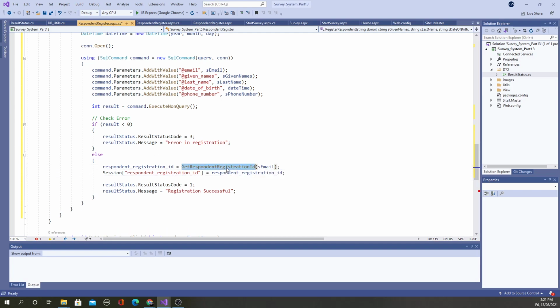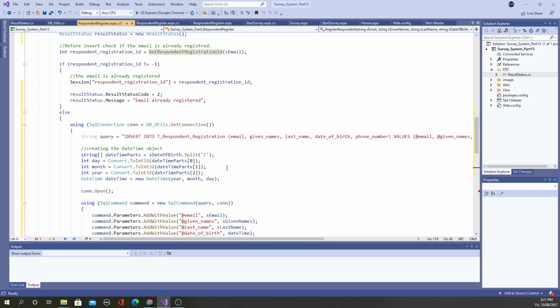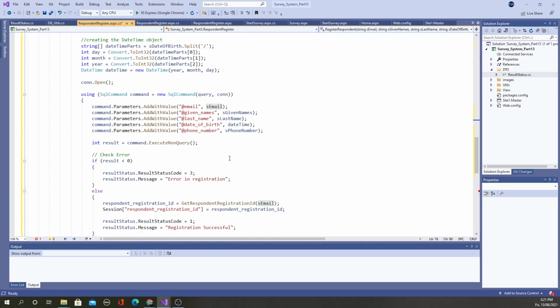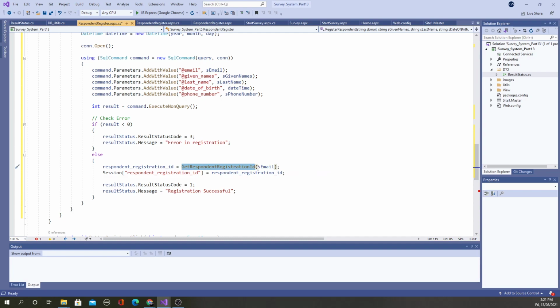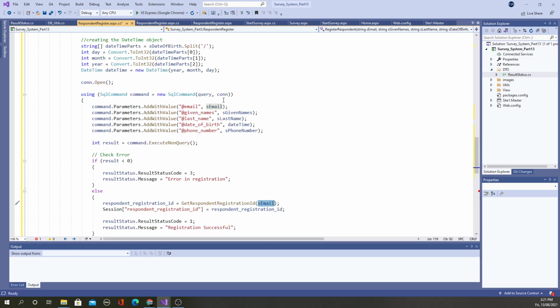The same method we called earlier to check whether the email exists, I can call now because I know I inserted a record with this email. So definitely there is a registration ID because I executed the query. Now I'm passing the same email and asking for the new ID of the new registration.